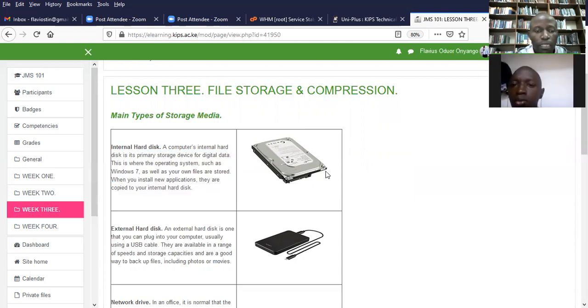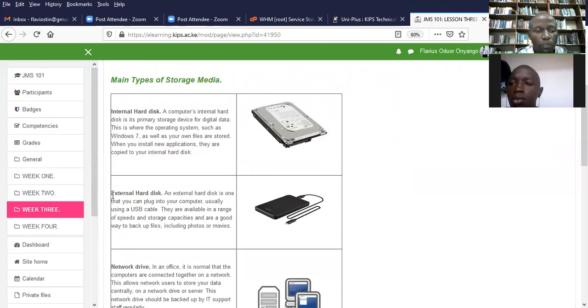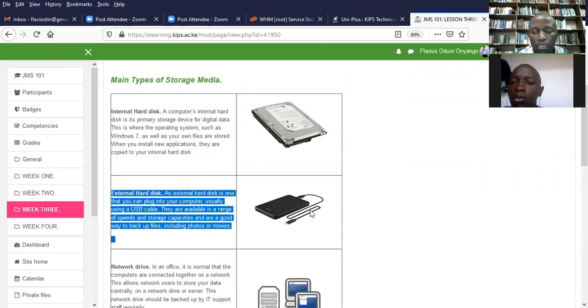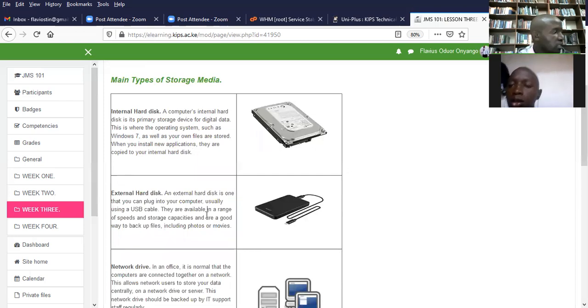And like I've just said, apart from the internal hard disk, we also have what is called the external hard disk. The external hard disk is just similar to the internal one, only that the external one you will be able to use a lot of times for saving, or if I want to move data from one place to the other. Like all these notes, at the end of it all, we shall be saving them and having them backed up elsewhere. A lot of times the external hard disk is normally used for backing up data.